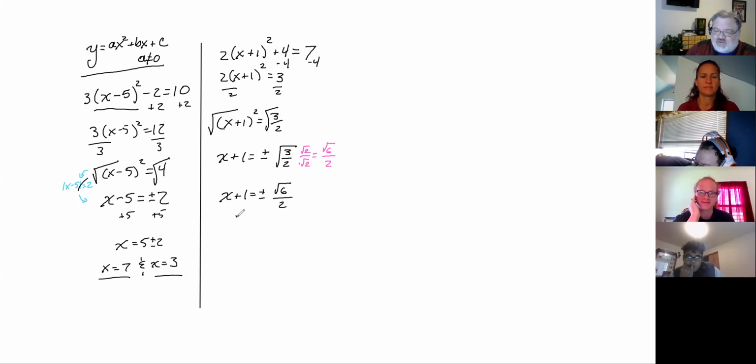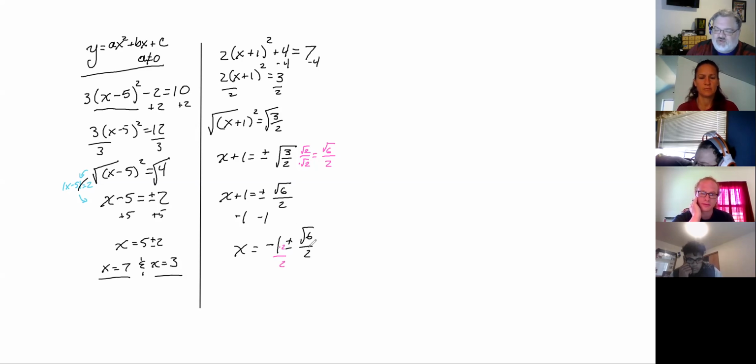For example, when we subtract this 1 from both sides, we get that nice x equals -1 plus or minus the square root of 6 over 2. And if we want to perform this addition and subtraction, if we want to bring this together, turning this into